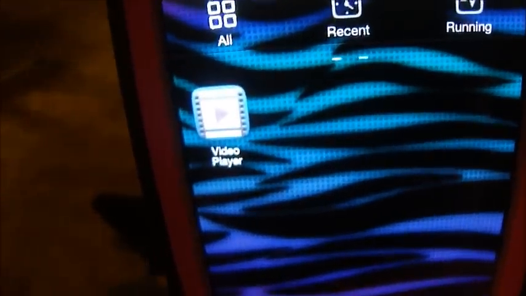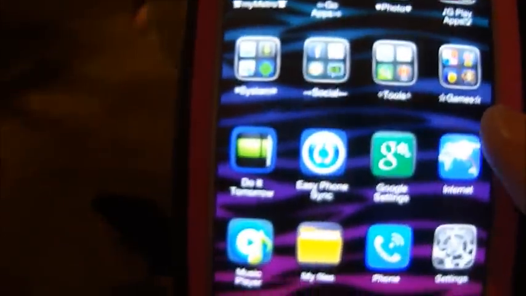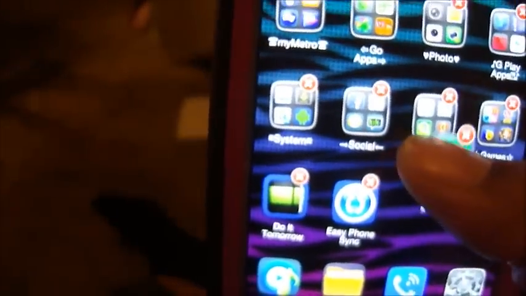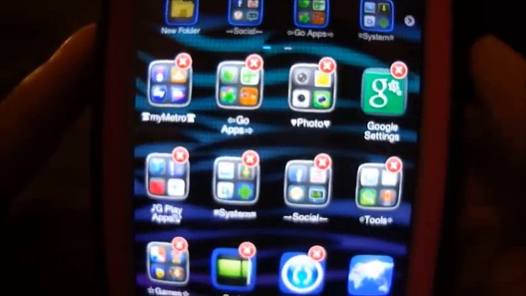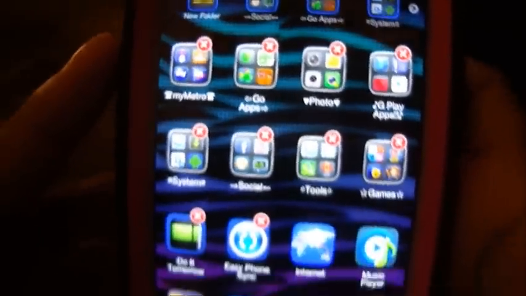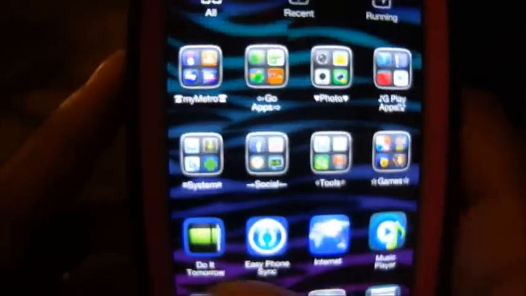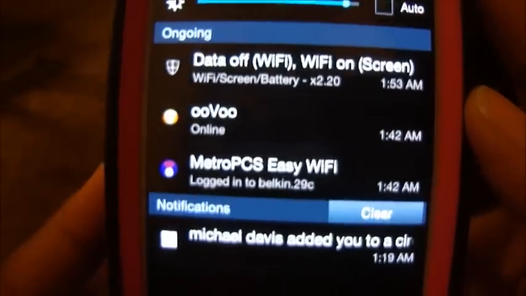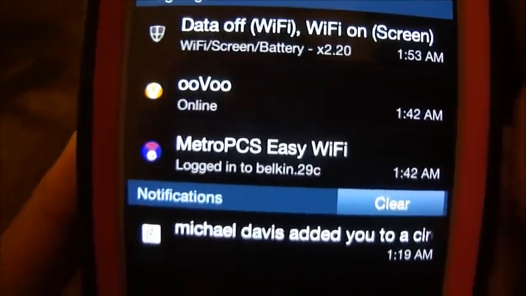And then I have video player over here, which is all by its lonesome. And I'm gonna put this app in with the Google Play, because that's a new app. So yeah, now I have one page again. And that is it. That is all for what's on my phone.